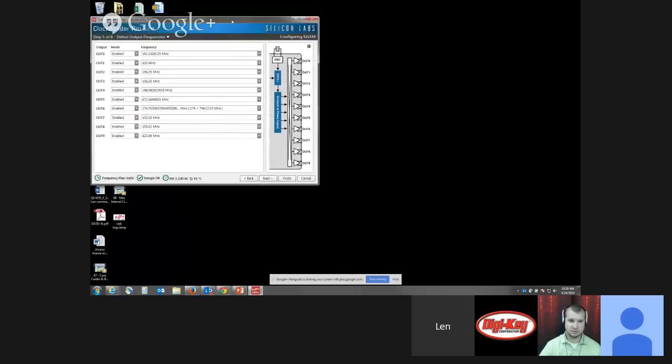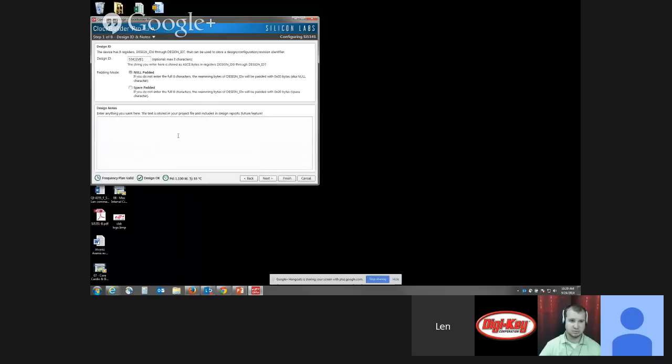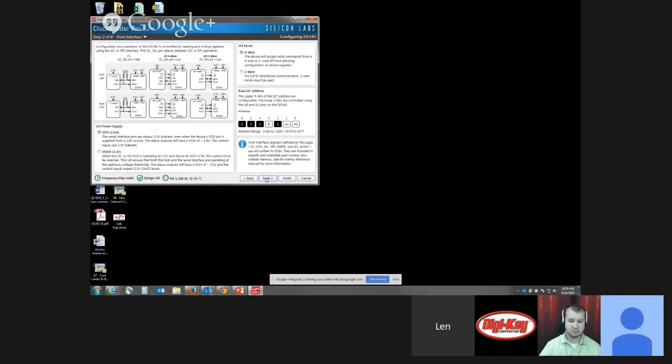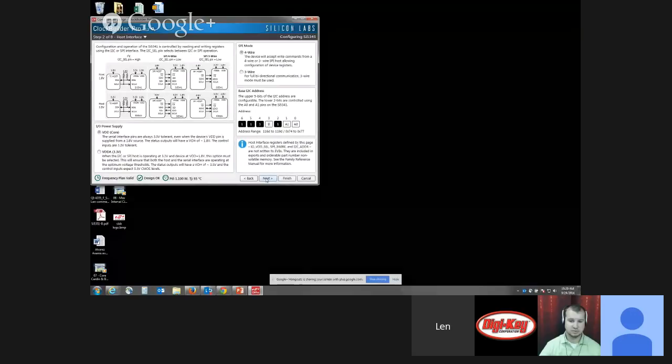So one last tool is Clock Builder Pro, and this is an example of some of the new tools that we're trying to bring to you to help you with customizing clocks that can get very complicated. Whether it's a simple and easy product, you want it to be very easy to use. So I've loaded up here an example design. Wire it up yourself, and so once you've designed,